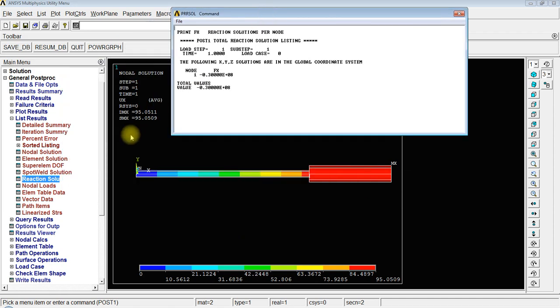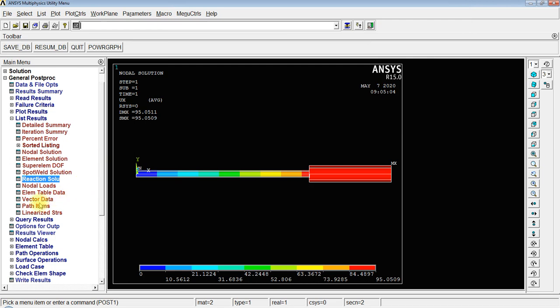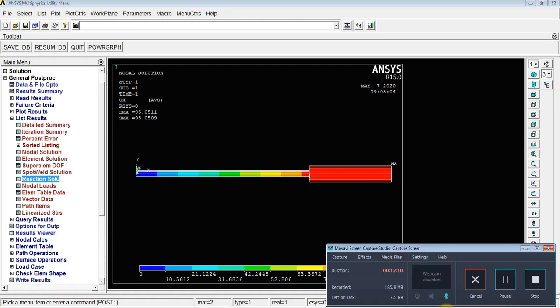So the reaction will be at node 1, which is fixed in the wall. The reaction will be of the wall. Its value will be the addition of both the forces. We can see it here: 3 into 10 to the power 7 in the minus direction. Okay. Apart from that, everything is done for this problem. The thing that they have asked, the deflection, we have found. Okay. Thank you. This is the end of the tutorial.